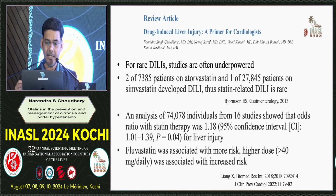Statins' main fear is drug-induced liver injury. It happens in some, it is uncommon. And this is basically a nationwide study from Iceland. So 2 out of 7385 patients on atorvastatin and 1 out of 27,000 patients on simvastatin developed drug-induced liver injury,